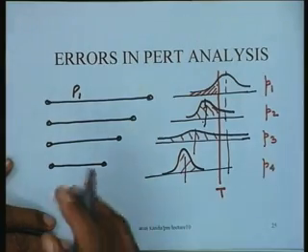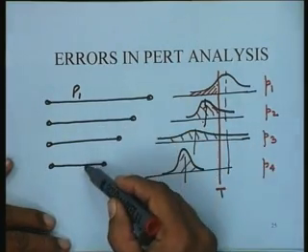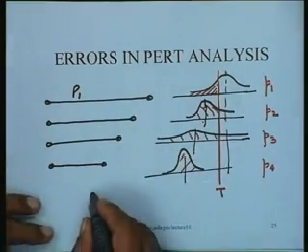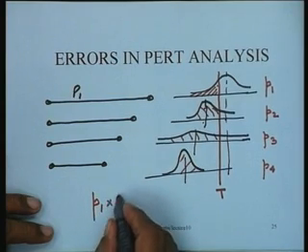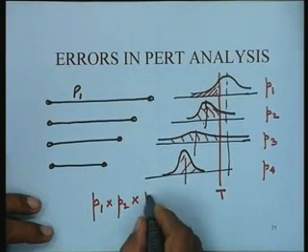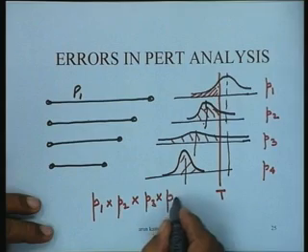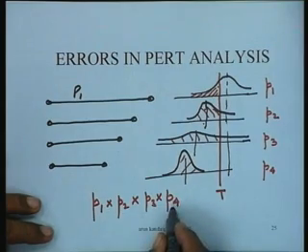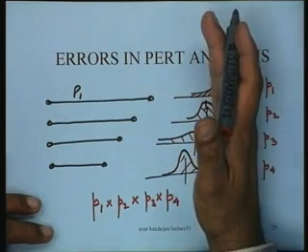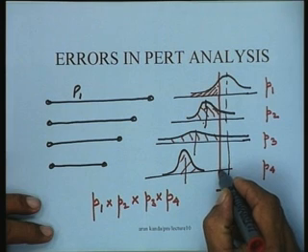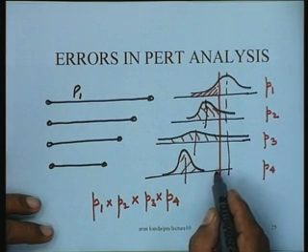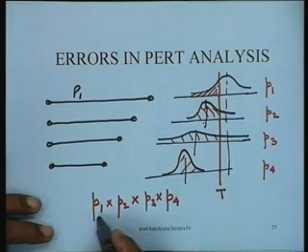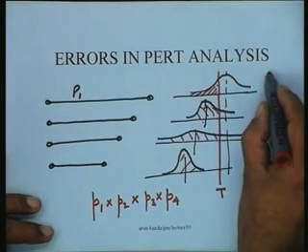If we assume to begin with that all these paths are independent, then the total probability is going to be P1 into P2 into P3 into P4. And since the probabilities are less than 1, this is the probability that all these paths are of length less than or equal to t. That means the probability that the project duration is t or less is given by this probability, not by this probability,